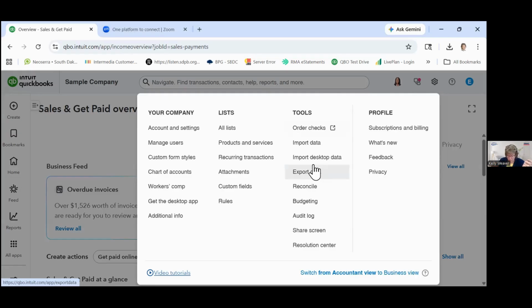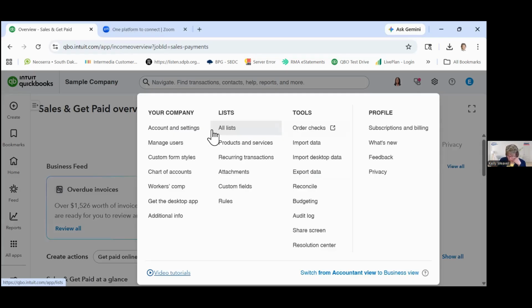Let's look at a couple of these so you get a sense of what's in here. Again, this is one of those areas where I suggest you go explore and look at every tab and see what is in there, because this is the way that you can customize how QuickBooks works for you,